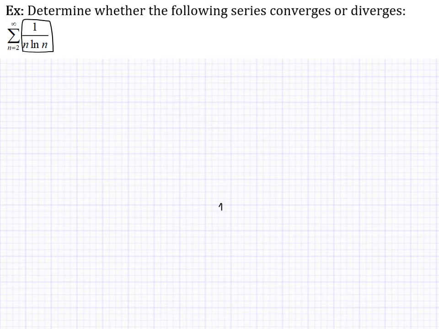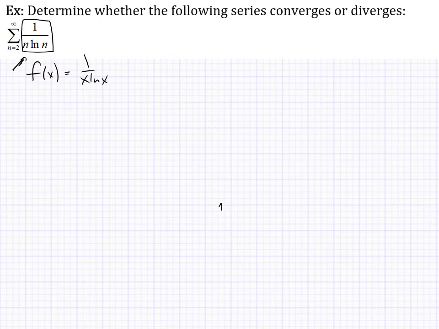We can't use the geometric series test because it's not a geometric series. We can't use the nth term test because this thing goes to 0. The partial sums are going to be way too cumbersome. So if we look at, say, the function f of x equals 1 over x ln x,